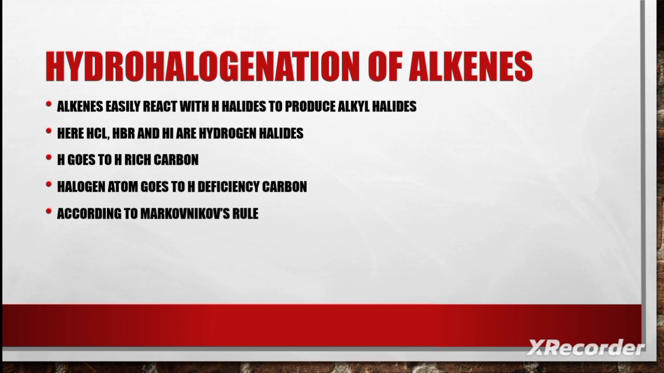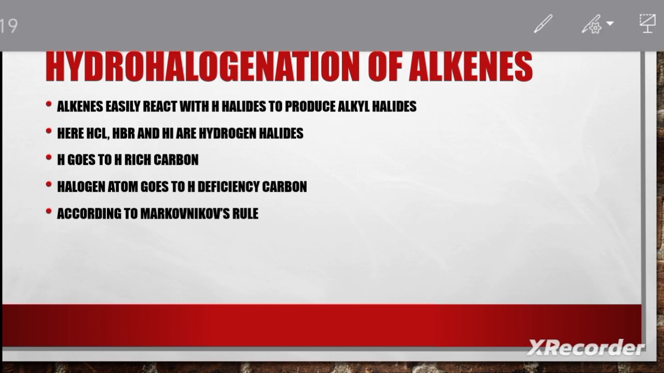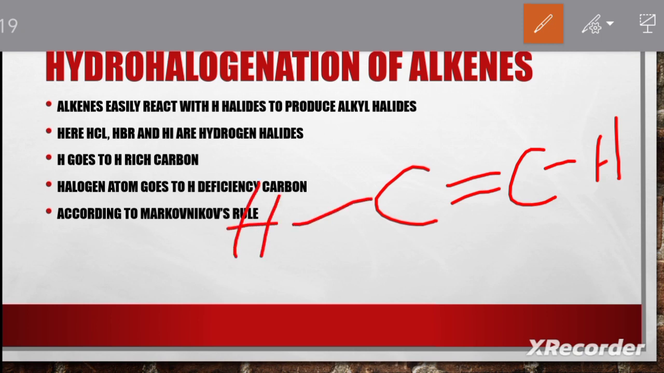When an alkene reacts with a hydrogen halide, it produces an alkyl halide, right? Here the hydrogen halides are HCl, HBr and HI. So we will take an example like this: carbon double bonded to carbon, with hydrogen, hydrogen, hydrogen and hydrogen. So I am going to add